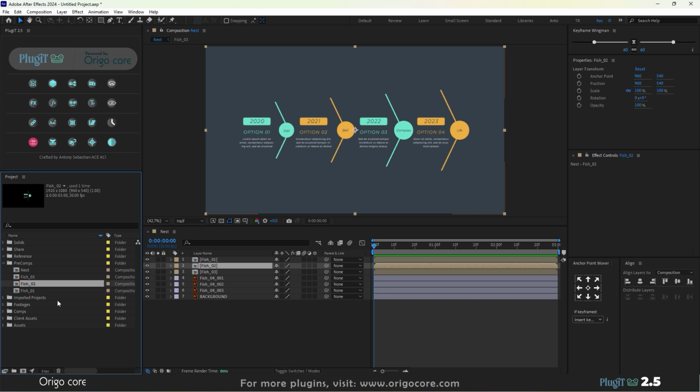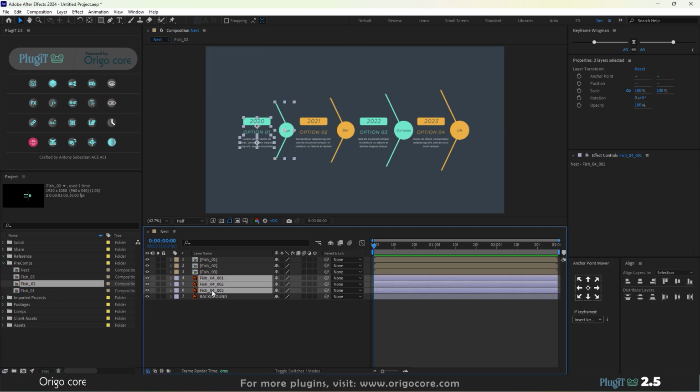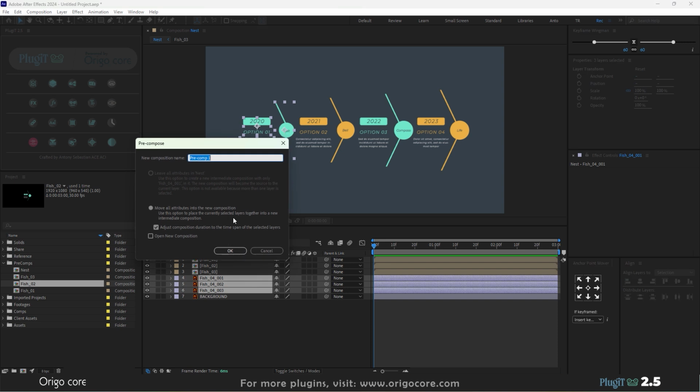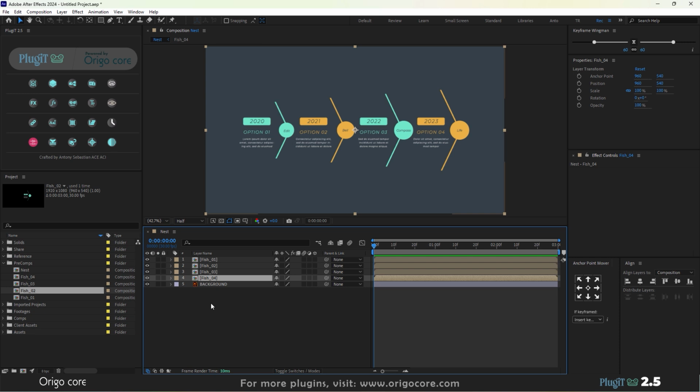This one is 02. Okay, so here I have the fourth one. Here I'm just converting into fish underscore 04. So my 4 compositions have been created. So what we are going to achieve here is very simple. I have so many layers. I just wanted to